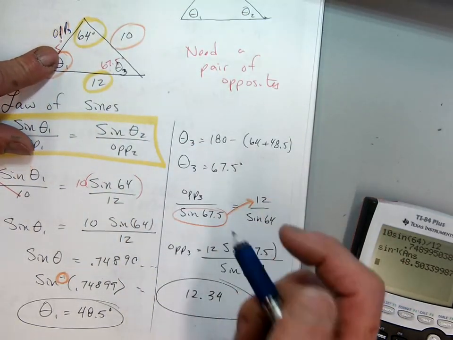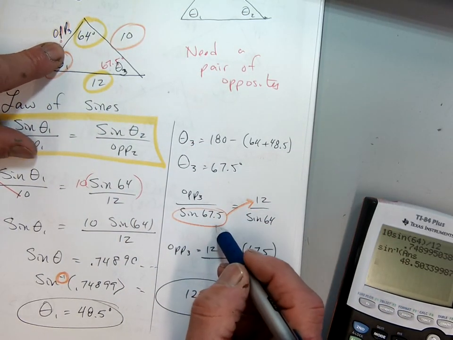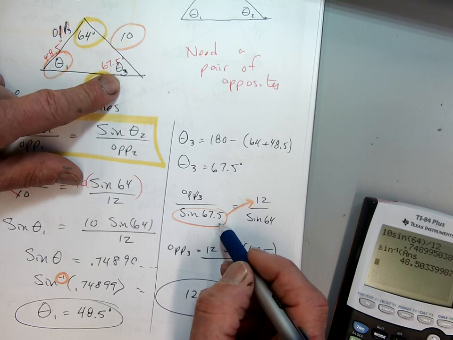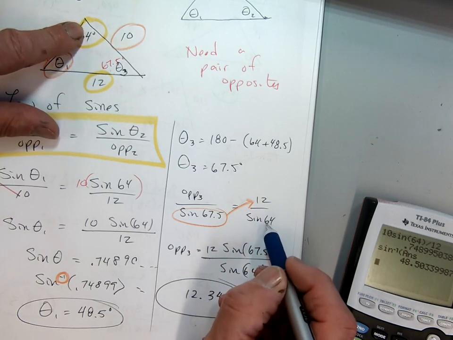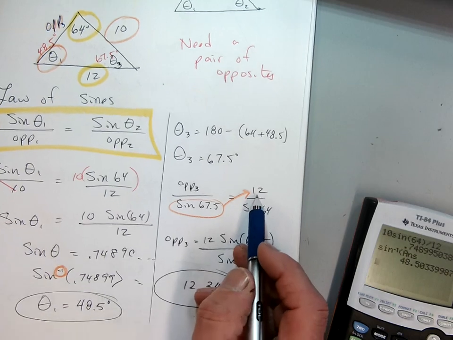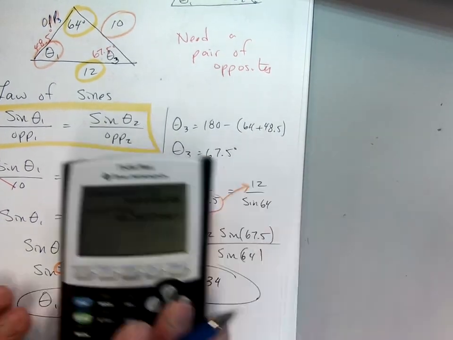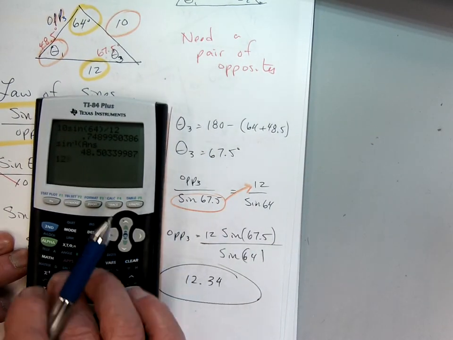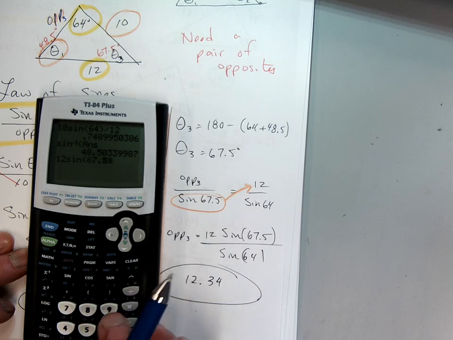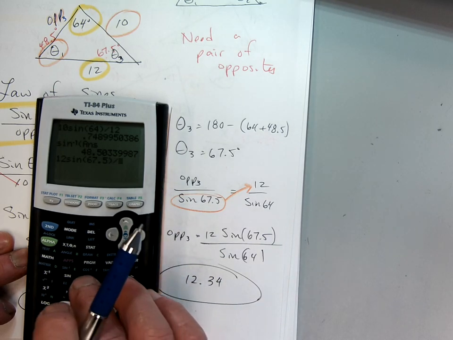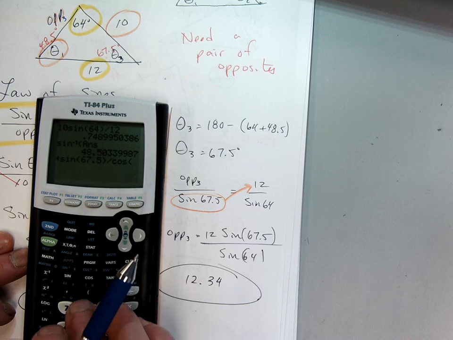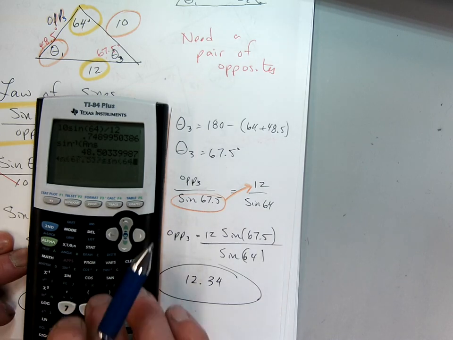So we went opposite 3 over the sine of its angle, 67.5, equals the 12 over the sine of 64. Multiplied up to get opposite 3 by itself. So 12 sine of 67.5, close the parentheses, divided by sine, oops, not cosine, sine of 64, and I got an answer about